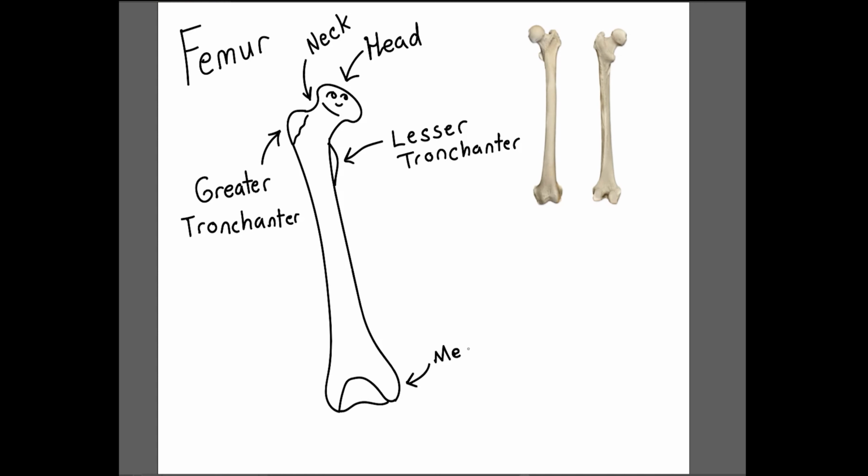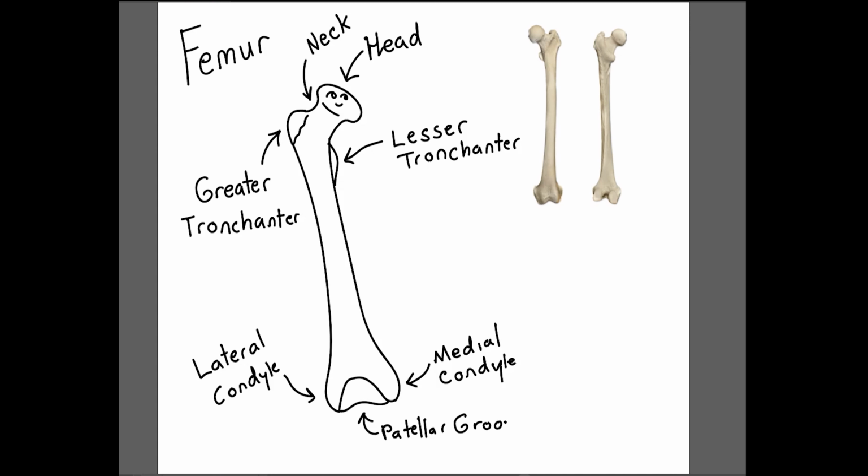Moving to the bottom of the femur, you notice a smooth lip in the center that is known as the patellar groove. On either side of the patellar groove, there are condyles that are named based on their locations. The medial condyle will be located on the same side as the head, since the head will always be attached to the hip bone via the acetabulum. Therefore, it will always be facing towards the center of the body. This leaves the other side as the lateral condyle, and it will be on the same side as the greater